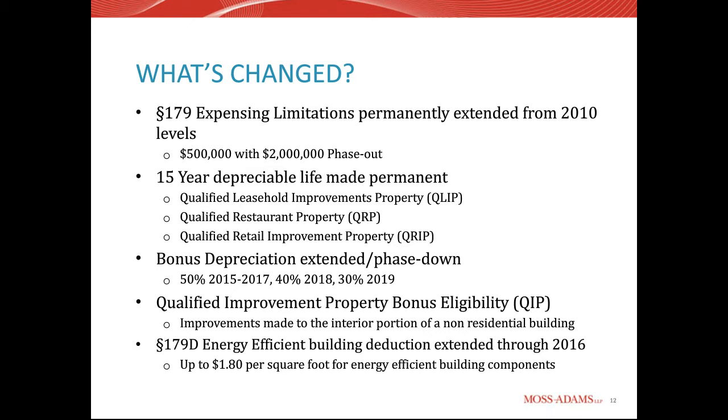It's a pretty administratively friendly form to fill out. All the provisions that we're talking about here fall under what's called an automatic change. What that means is there's no requirement to get approval from the IRS. It's automatically accepted, and you can go back and change the depreciable lives on a number of items, or apply a cost segregation study, or in the example of the energy efficient building deduction, go all the way back to 2006 and claim the energy deductions that you did not claim over time.